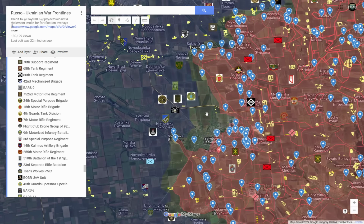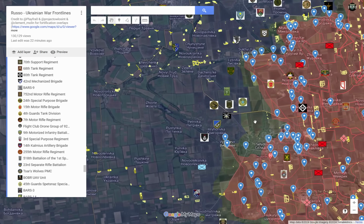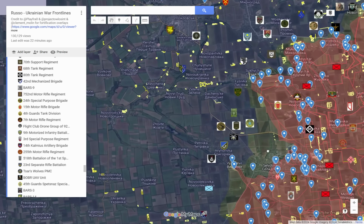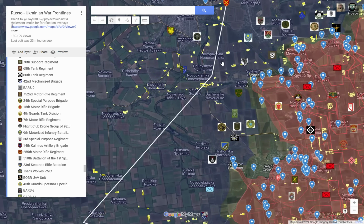Really as a post-mortem, as we're looking forward, this means that the Russian forces do have a continued impetus, which will allow them to expand deeper into settlements over here. The goal of the Ukrainians, I would say, should be to establish a defense line in between the current line of contact and the final ring of defenses before reaching the Pokrovsk outskirts,